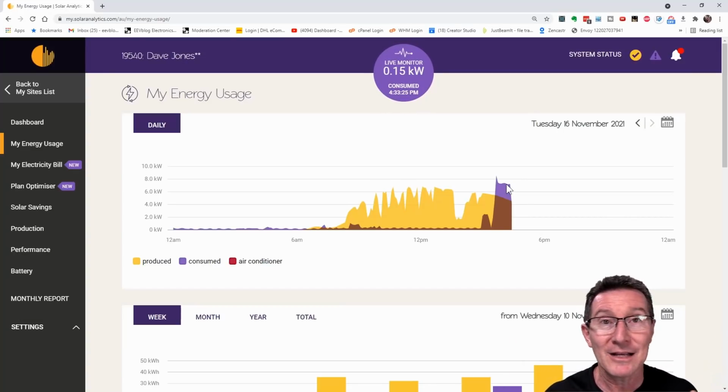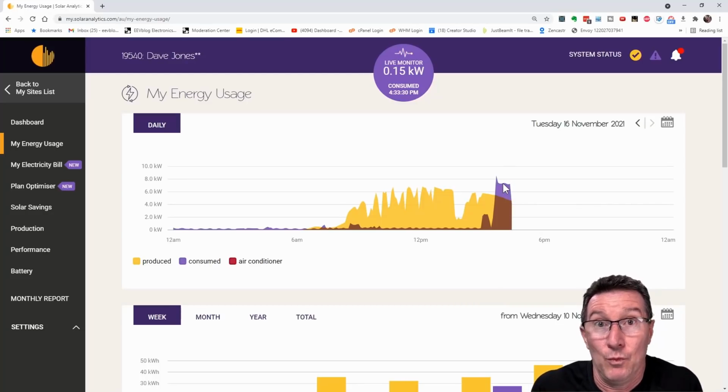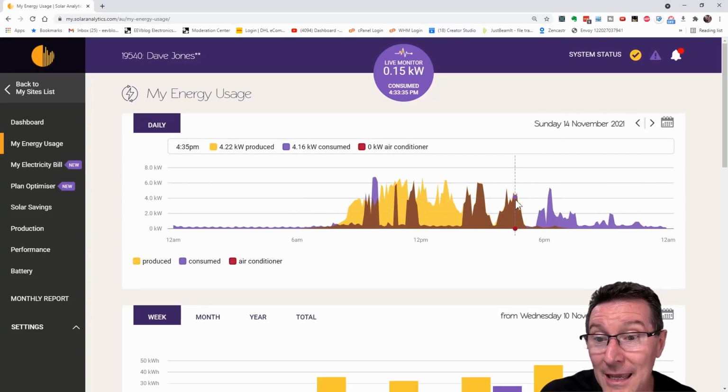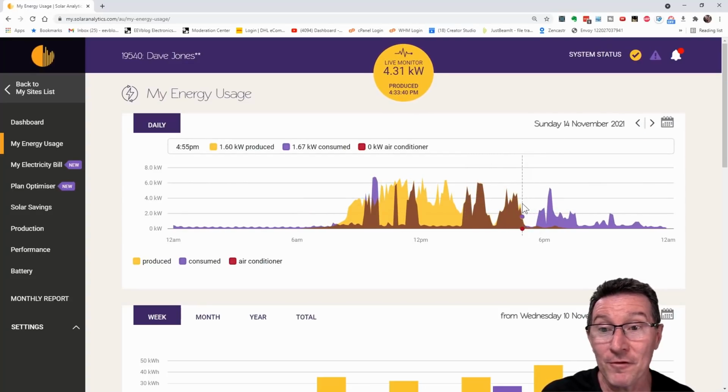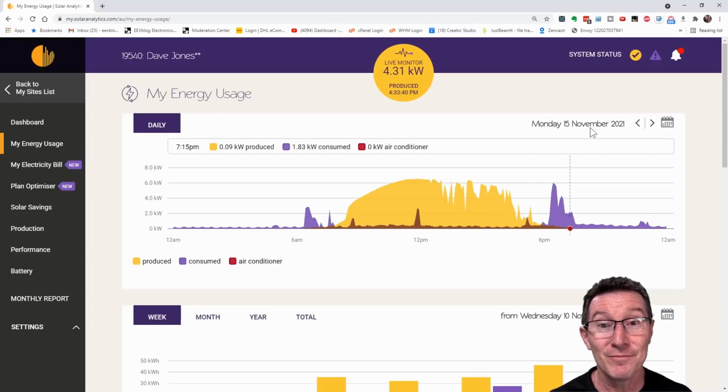I don't know. I haven't RTFM'd the full manual, but in Eco Plus mode, it's supposed to do that. It's supposed to follow exactly what it did the other day here. It's supposed to follow the profile, and it worked perfectly the other day, and now it doesn't. So I don't know. Do I have to turn it